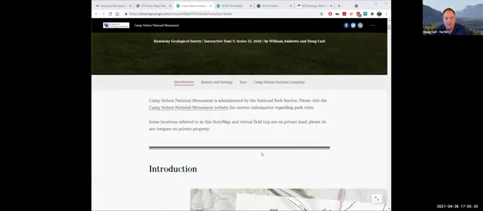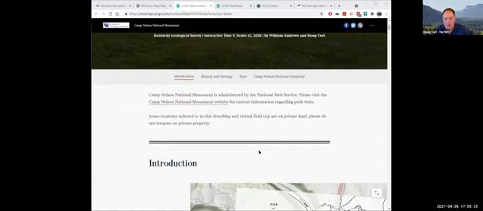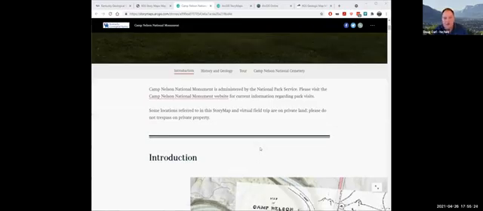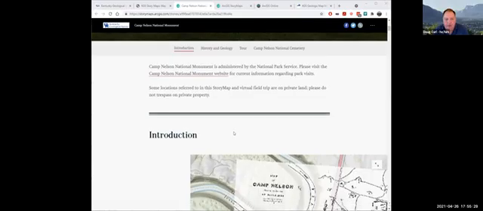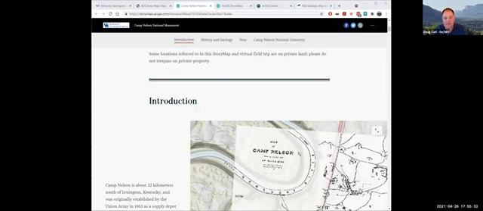And so just to kind of go through this, it's administered by the Park Service, which is a really great designation for this location. So the concept is we give an introduction about it, and then a bit of history, and then geologic information about Camp Nelson and why it's there.